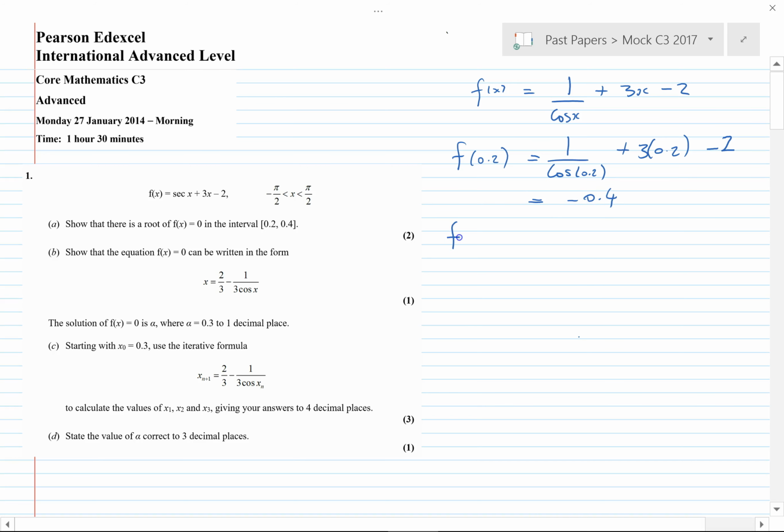And then f of 0.4 is 1 over cos 0.4 plus 3 times 0.4 minus 2, and that equals 0.3. So that's less than 0, this is greater than 0. Now, this is actually a special case of something called the intermediate value theorem, which assumes continuity and various bits, but we're not really expecting a formal response here like it were a first year analysis course at university. All we really need to say is that there's a change of sign,